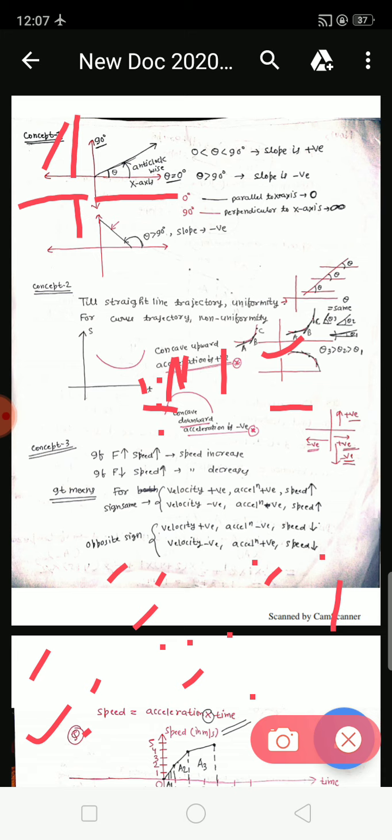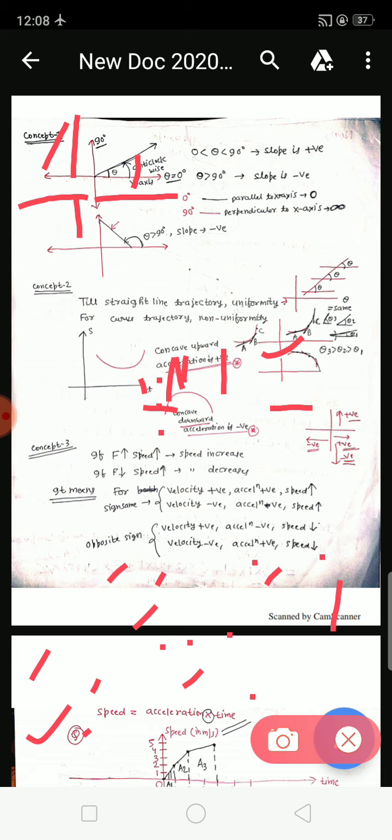I have already discussed those things in my previous lectures, so kindly go through that lecture. So to find the slope, what is the slope? Slope is tan theta. Tan theta equals P upon B. This theta is taken from the positive direction of the x-axis in the anti-clockwise direction. I told you already, in the anti-clockwise direction.